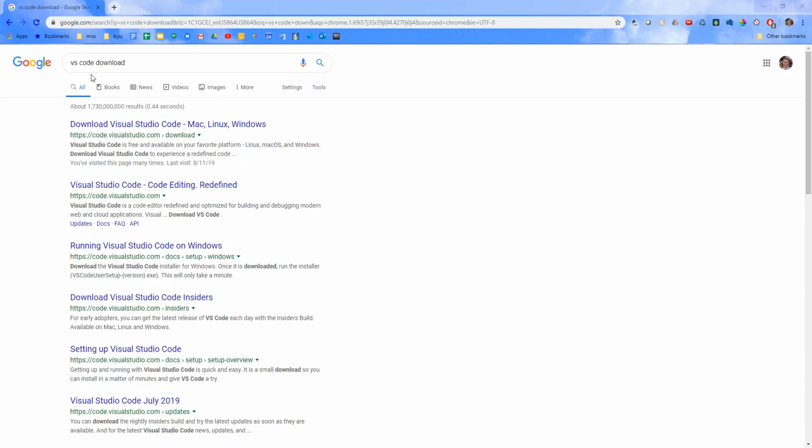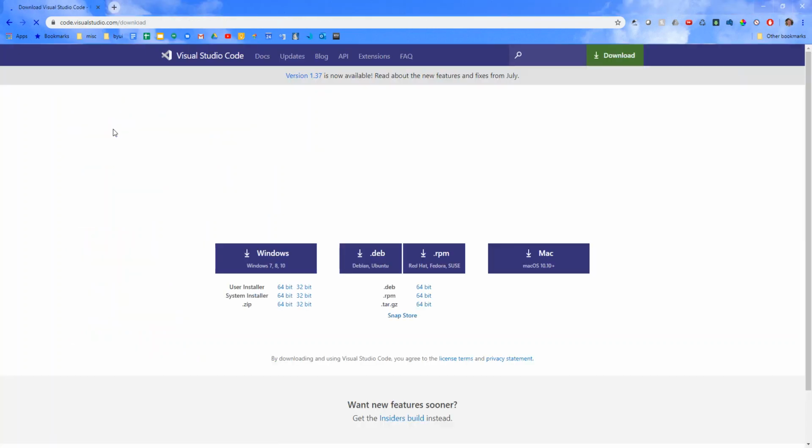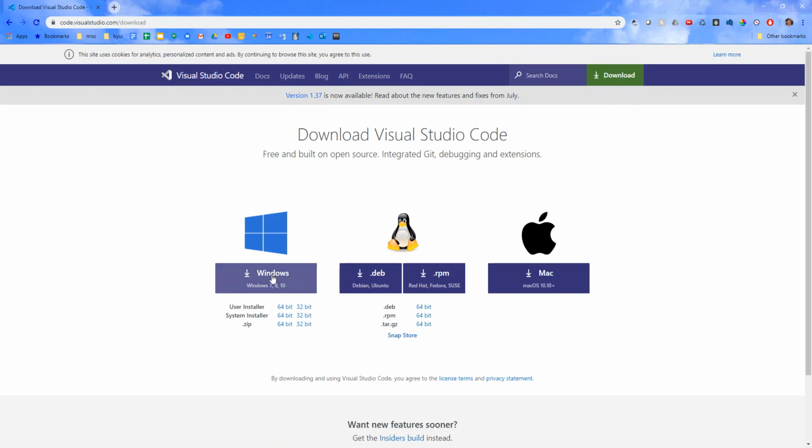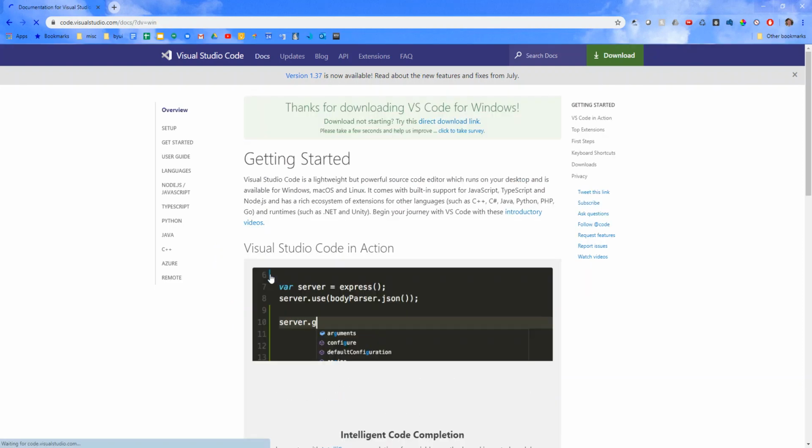In this video, I will be introducing how to set up Visual Studio Code for any C++ development. Okay, so first of all, I need to download it. So I just Googled VS Code download. I'm running a Windows 10 machine, and so I'll just click here